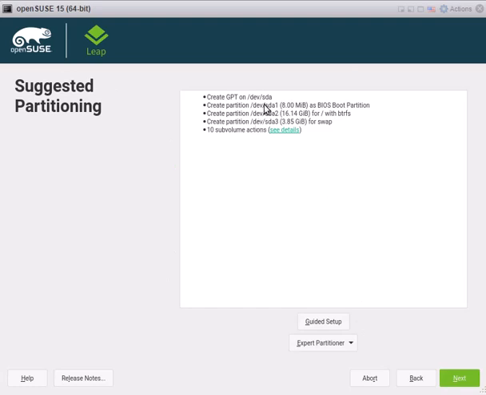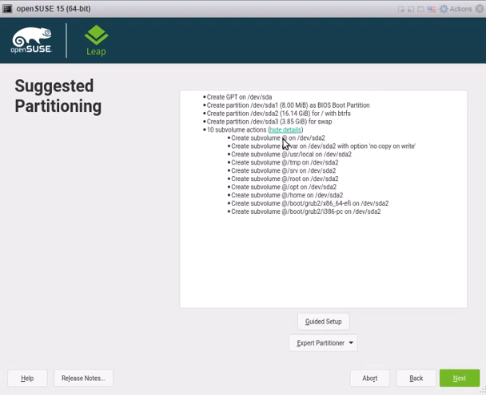Now this screen has taken a look at our hard drive, and it has broken it out and suggested how it should be divided up. There are no drive letters in Linux. There are only partitions, and it's taken this 20 gigabyte hard drive we gave it and broken it out into SDA 1, 2, and 3, and you can see the space allocations. If we click here, it'll show you beyond that what's on these. Most of these are on SDA 2. There are things like the root user's home directory. That's kind of important. Where are all the other users'